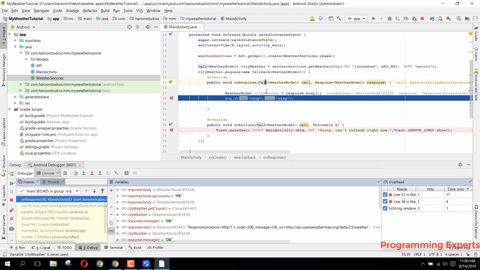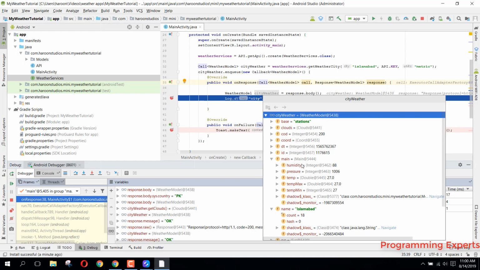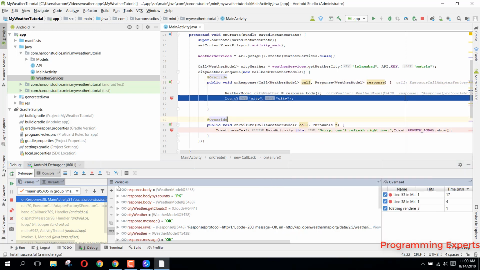So here you just need to point your mouse and here you can see plus. Okay, so these are the values inside this object. Let's say I want to check their main, and there you can see humidity is 88 and the pressure is this and this. Alright,